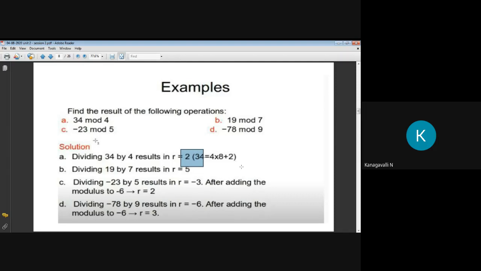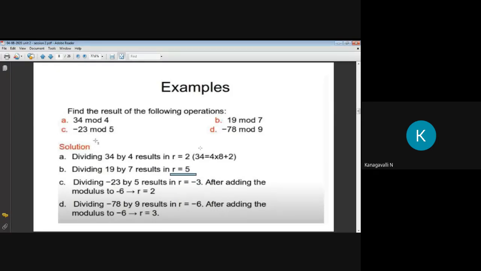Am I right? Then what is the result of the following operation? You just have to calculate your residue, that means your remainder part. So 34 mod 4: normally you know that 8 fours are 32, so 34 minus 32, our result is 2 only. In a similar way, 19 mod 7, what is that? 2 sevens are 14, so remainder is 5. Check your solution now. 2 sevens are 14, but our integer part is 19, so 19 mod 7 is remainder 5.